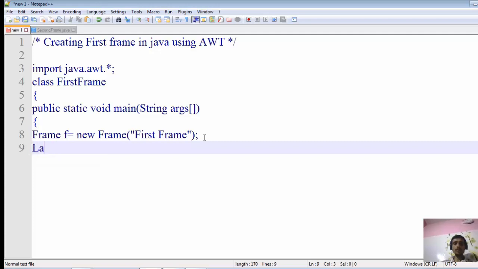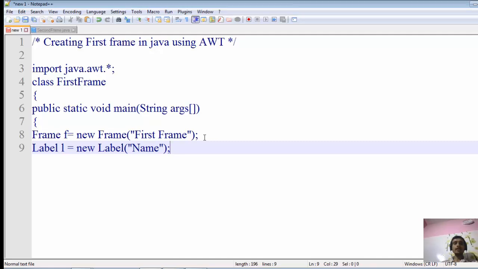Label is also a class that is present in this AWT package. So Label l is equal to new Label, and for example the name of the label is name. I just want a name and a text box in my frame.